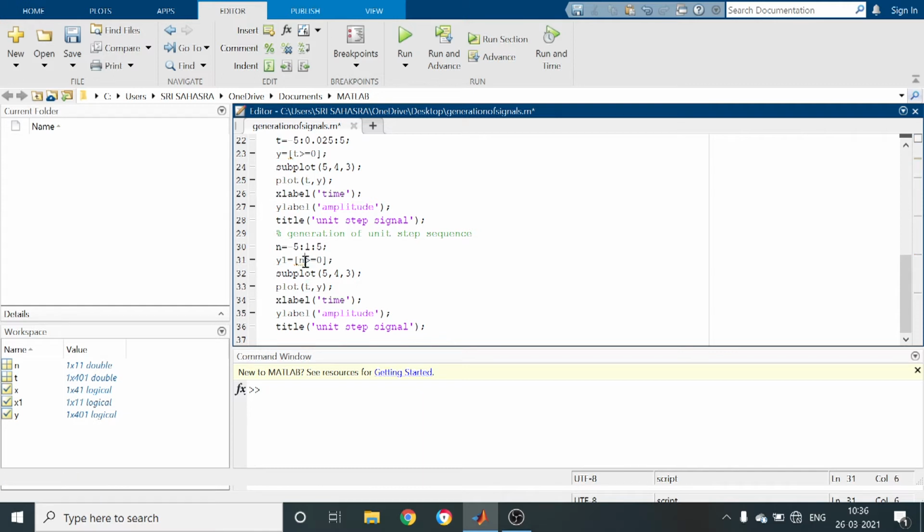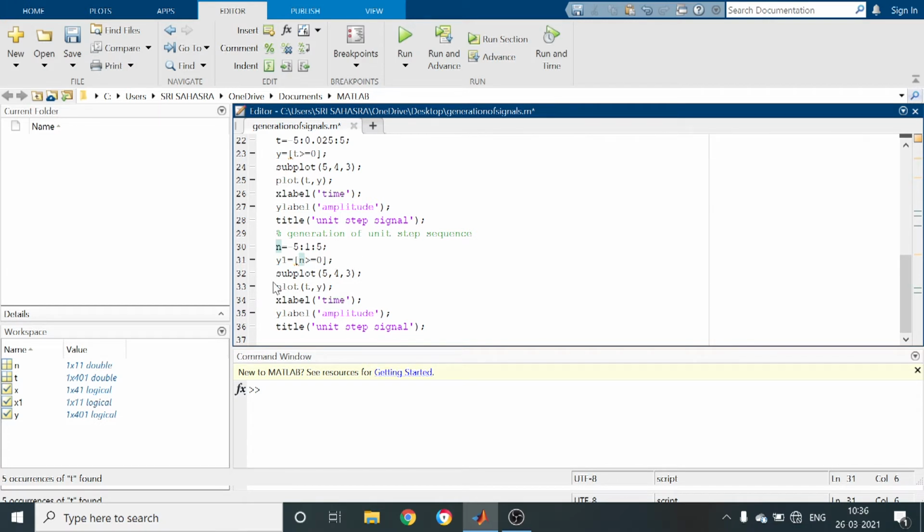Here the time parameter changes to n. So n greater than or equal to 0. So this is the definition of unit step sequence. I am going to take time index as n, which ranges from -5 to 5 with variation 1, and I am assigning the unit step sequence to variable y1. By definition, the amplitude goes to 1 for n greater than or equal to 0.